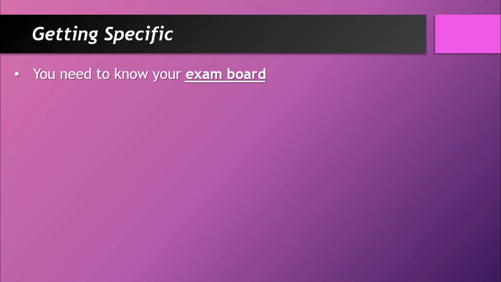There are a few specifics which are really important before you can move on, first of which is your exam board. So you should really have a mental list of every subject you're taking and the associated exam board. So for example, OCR for art, AQA for PE, and so on. So you need to have all your subjects with the exam boards nailed on.